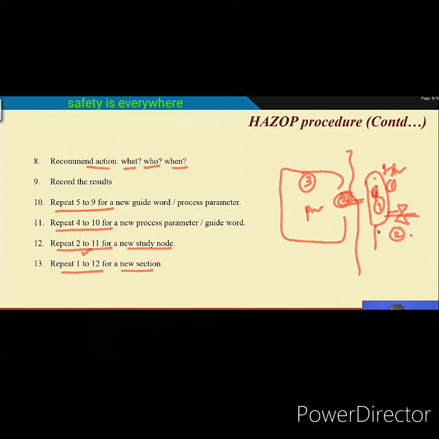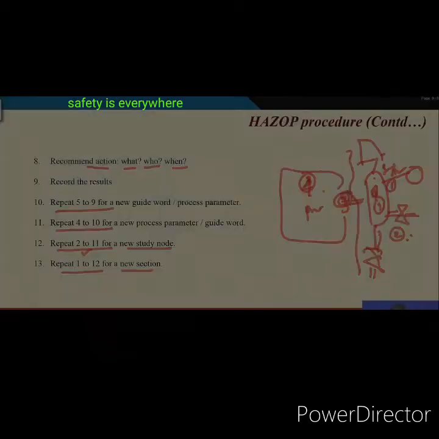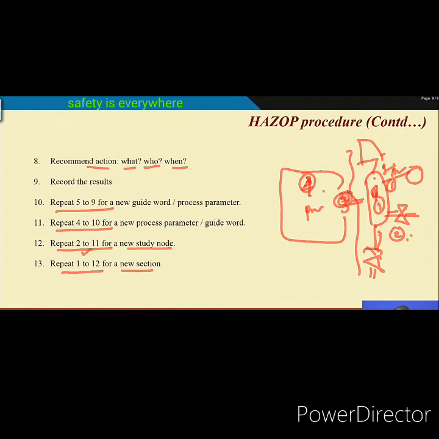There is another valve called the discharge valve. There is also a pressure gauge and an alarm, so many things are there. So in section 1 there are two nodes, and in section 2 maybe this is 3 and this one is 4. The pump is another node and the circuit is another node. So first you divide into sections, then in every section find your nodes, and then for every node, what do you need to do?